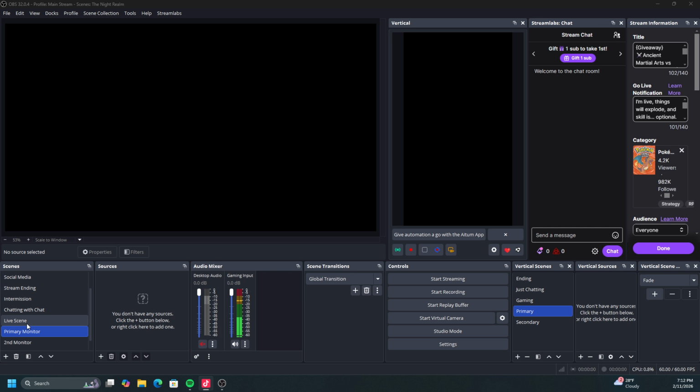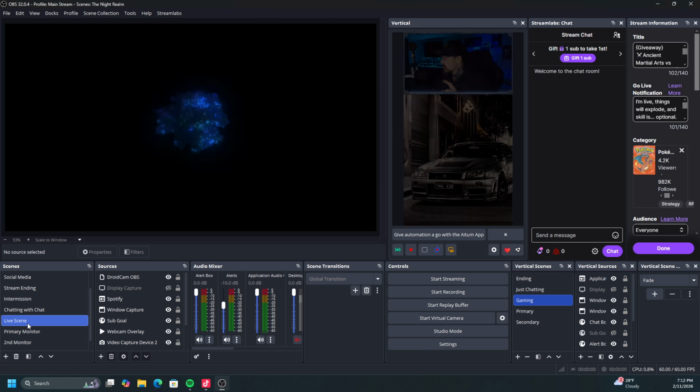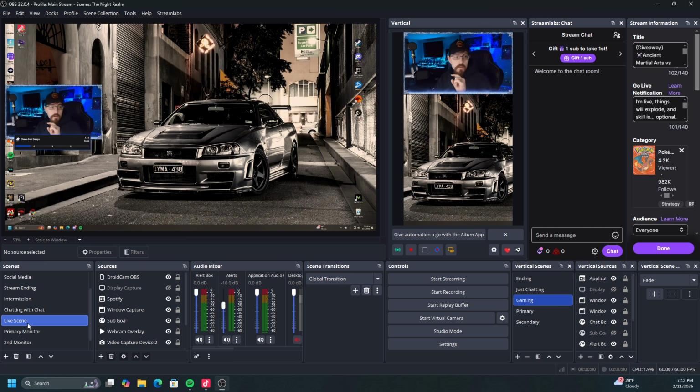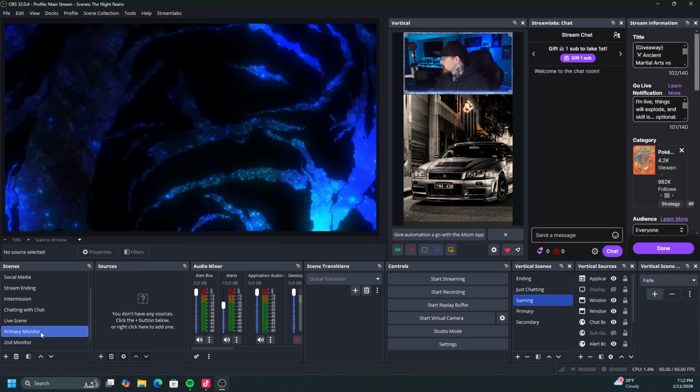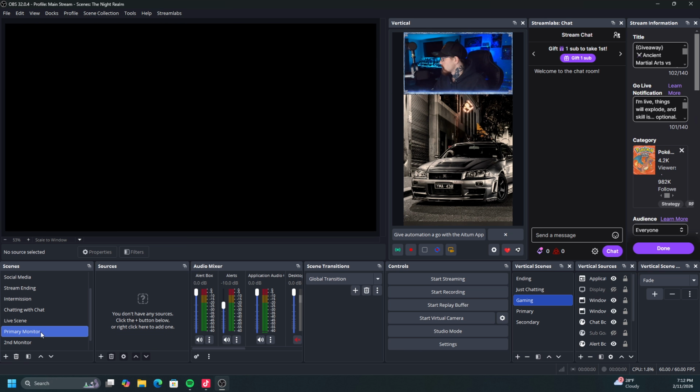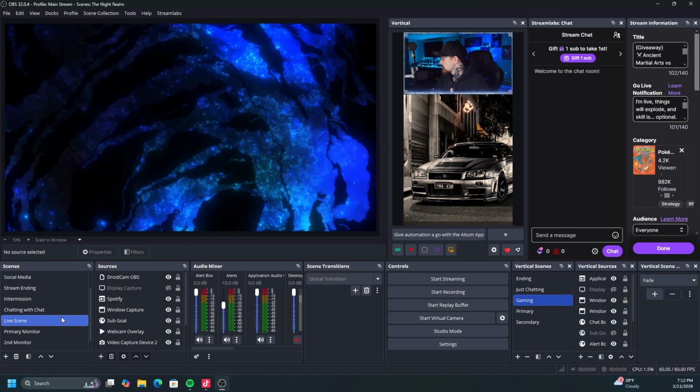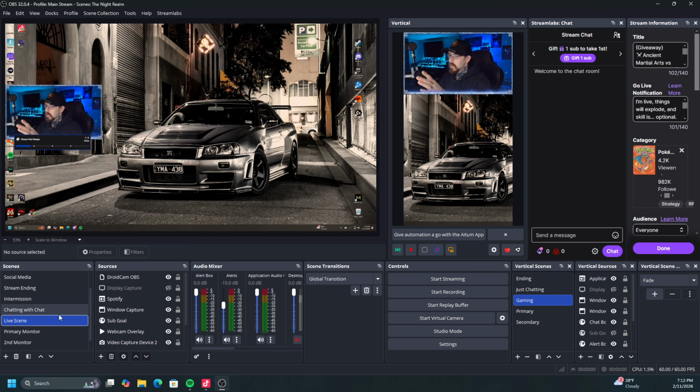Like an example, this is my live screen, and we have both the vertical version and the primary version. So when we go from our primary monitor, which in my case is through my capture card,